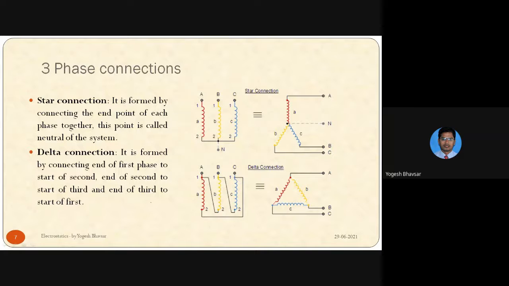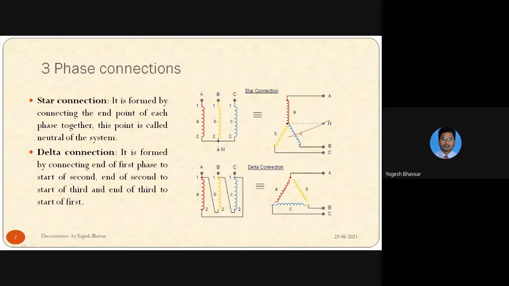These are very famous connections in solving networks, or in three-phase connections or the three-phase supply system. Now look at that. First of all, the star connection. How is this star connection formed? Very simple. The star connection is formed by connecting